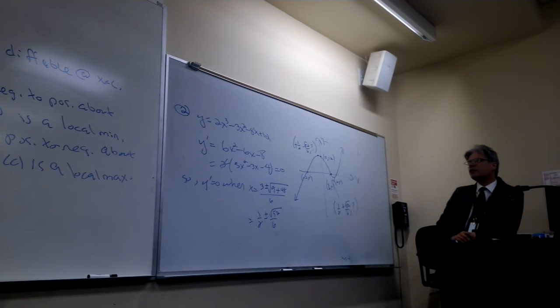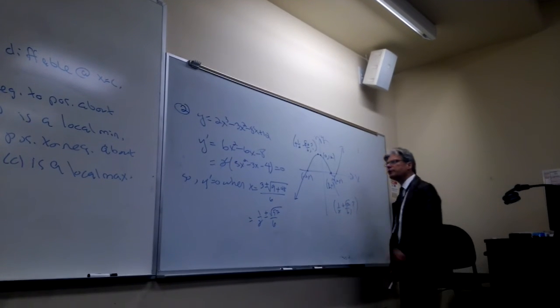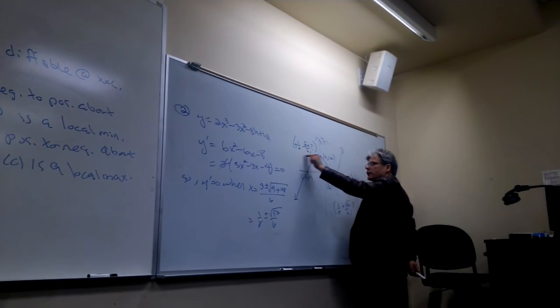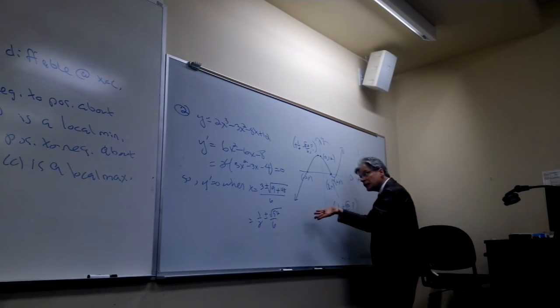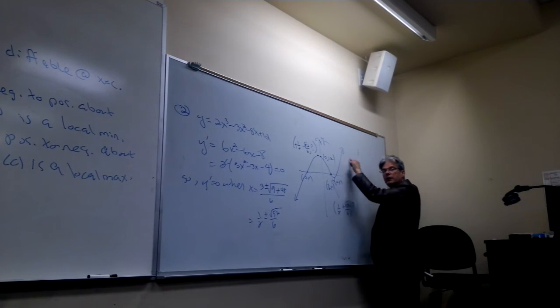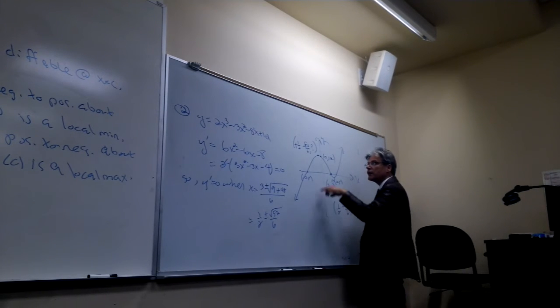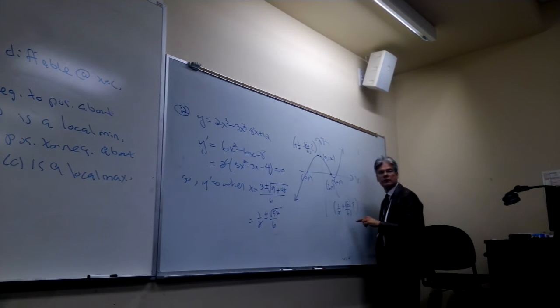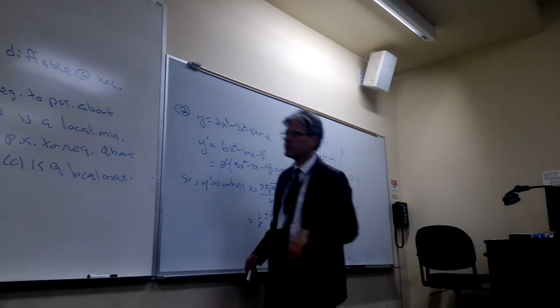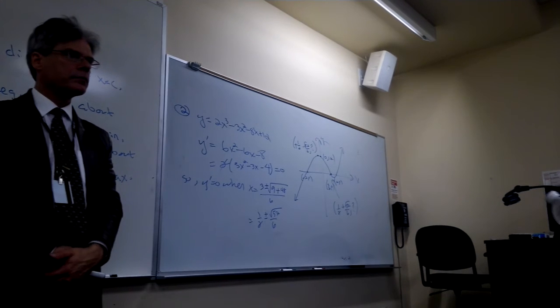Do you guys agree this function's increasing from negative infinity up to that value for X? Yes. And over the interval from that value of X to infinity? And likewise, my function is decreasing from this value of X to this value of X. Do you agree? Okay. All right. So those are basically the vertices of the,